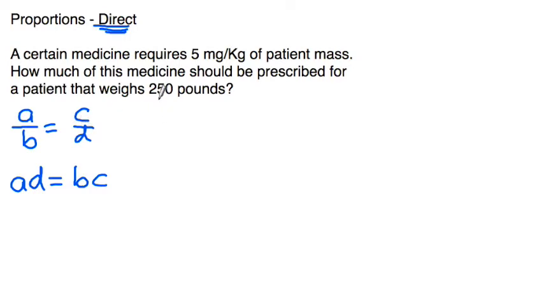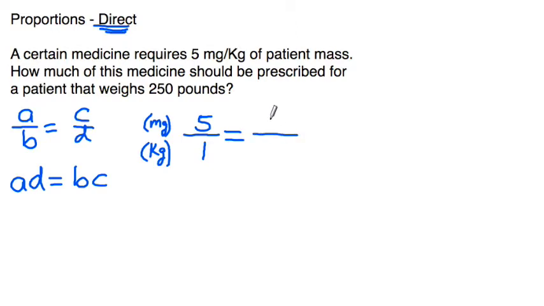The way you're going to set up your proportions is according to this ratio. When I say 5 in the top and 1 in the bottom, in unit conversions you have to put the measurements next to it. With direct proportions, you generally just want to get the order right and know which one's which. So the top number is going to be your milligrams. The bottom numbers are going to be kilograms. So we want this to be equal to